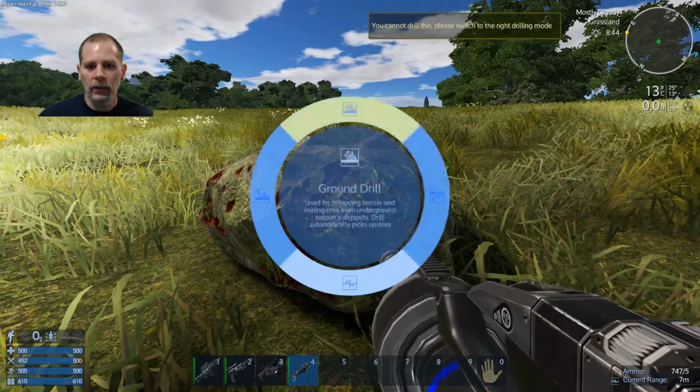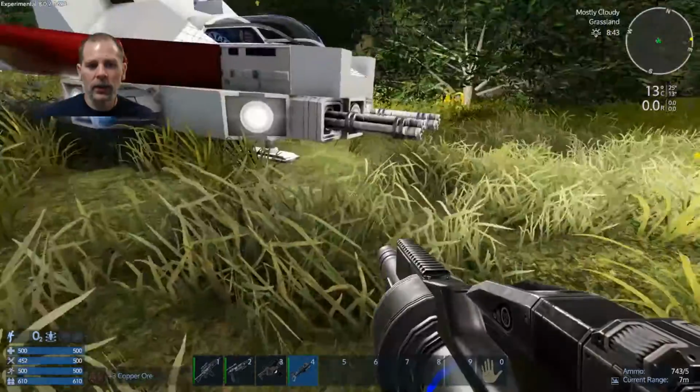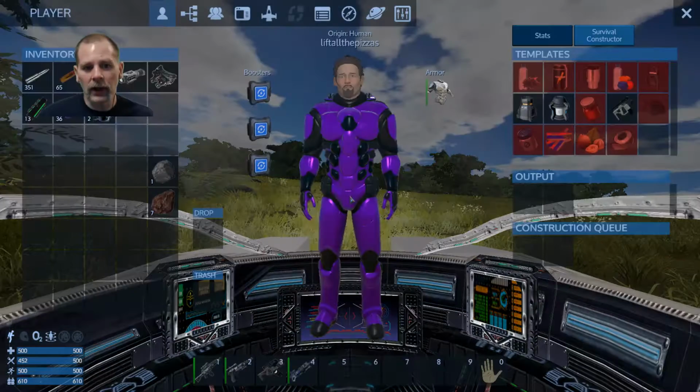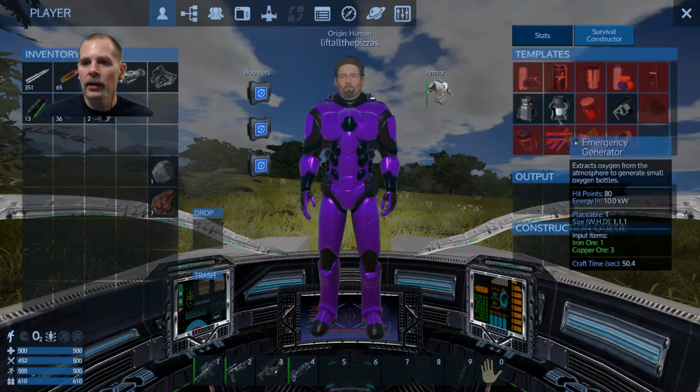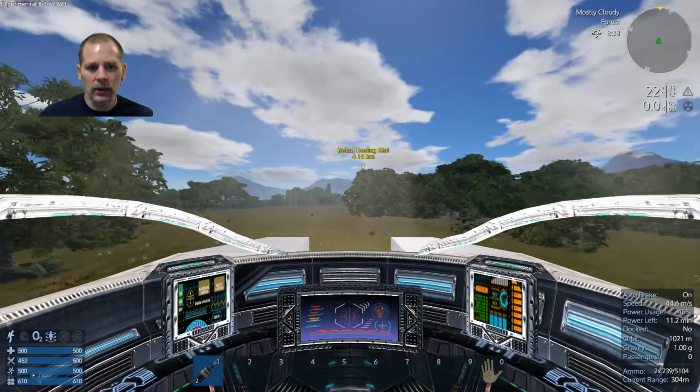And we're going to do... Nope. Rock drill. Okay. There we go. I think we've got enough now. Let's see if we can... Yeah, we're going to make that mobile air conditioner. So we're going to head over this way toward the...